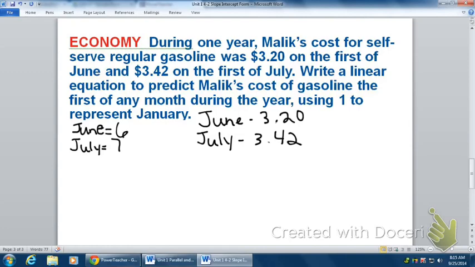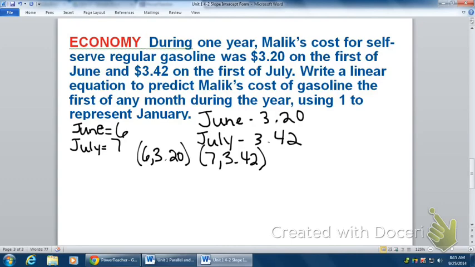Okay? So now we have our points. We have a 6 as our x and $3.20 as our y. For July, we got 7 as our x and $3.42 as our y. Does everyone understand how I came up with that? Yeah. Now that I have my points, my x and my y, if they want an equation for this, we